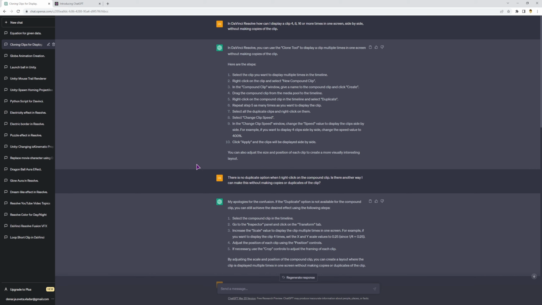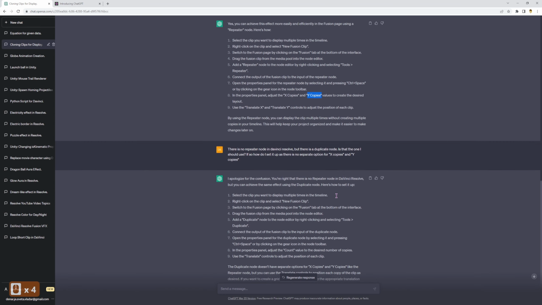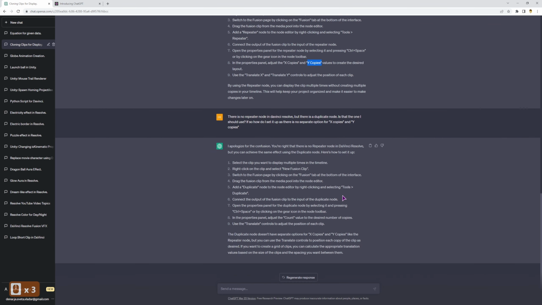ChatGPT just gave me responses on how to make duplicates of clips, copy the clips, and if you want to display the clip 100 times, you probably don't want to copy the clip 100 times in the edit page. And when I finally asked it about the Fusion page, if this can be done easily, for some reason it found the Repeat node, and it would be nice because you can make X copies and Y copies, but it is what it is,